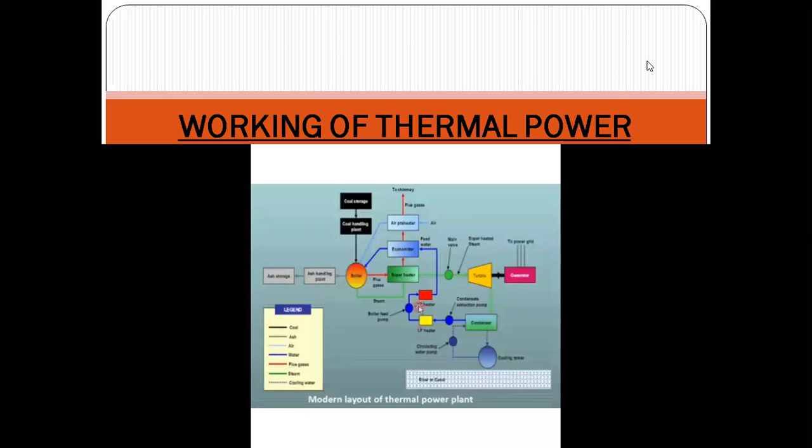You can say in the high pressure turbine, the steam is extracted and it is used to increase the temperature of water in the HP heater. Same in the low pressure turbine section, the steam is extracted and mixed with this feed water. So by the mixing of this steam, water temperature is increased in the LP heater and HP heater. So when it comes out from the LP and HP heater, the temperature of the feed water is raised.